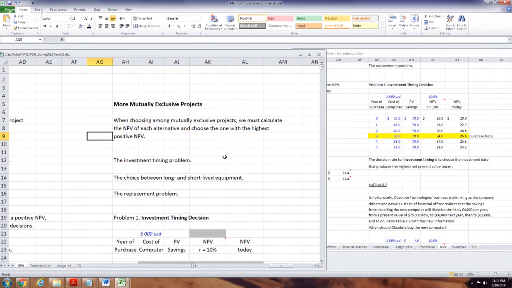Now, if NPV is negative, it doesn't necessarily mean it's a bad project. What it means is you've overestimated your return. So in other words, if you picked a cost of capital of 5% and you get a negative NPV, what that means is that you're foregoing a 5% opportunity, and probably your return is going to be less than your opportunity cost of capital. That's what it means. It doesn't necessarily mean it's a bad project. If you have to do it, you have to do it, kind of a thing.